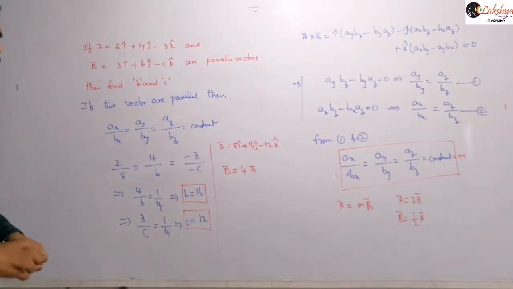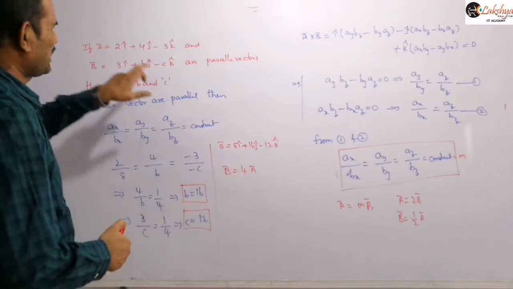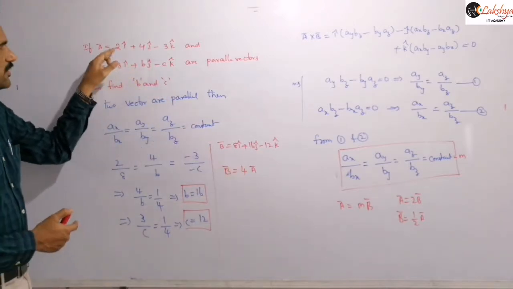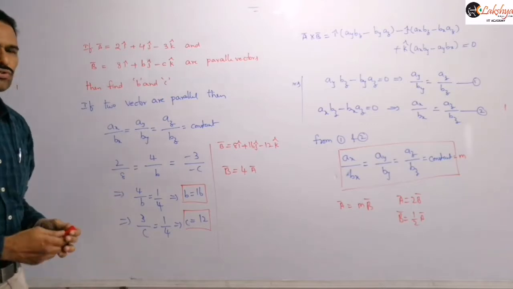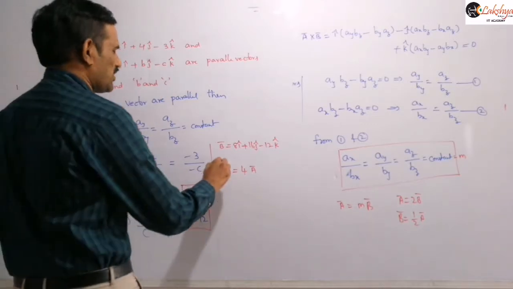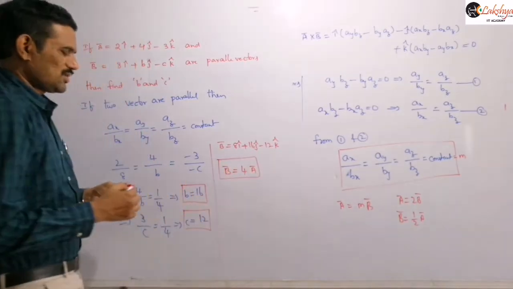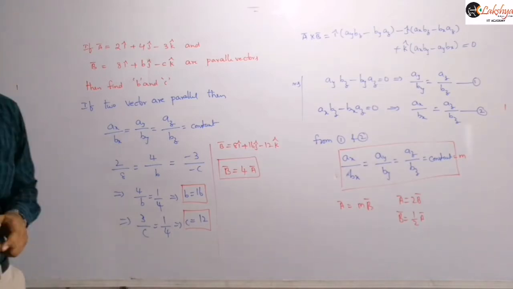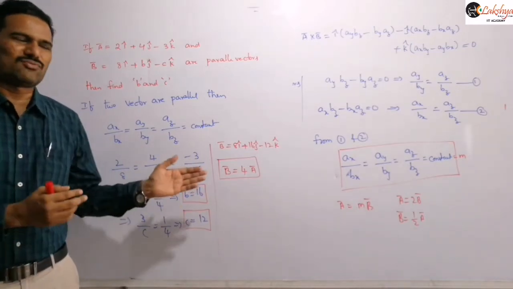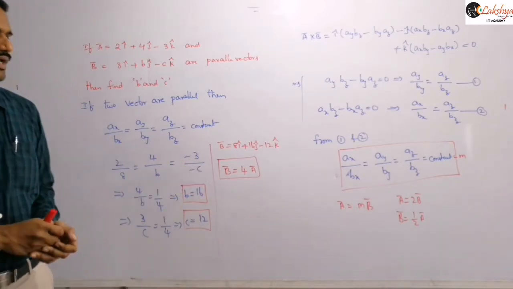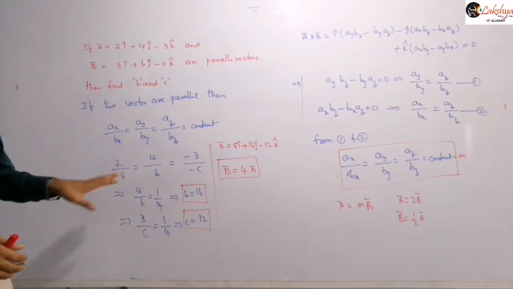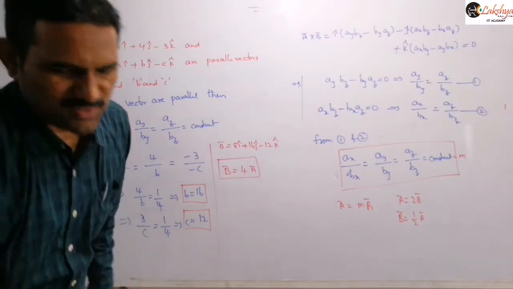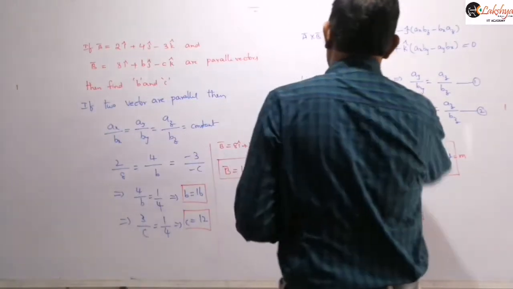Right, that is another way of expressing two parallel vectors. You can observe this: if you multiply this A bar by 4, then 2 into 4 is 8, this is 16, and this is 12. So if two vectors can be expressed in this form, then also you can say that A bar and B bar are parallel vectors. Generally we can express parallel vectors like that also, and that constant is nothing but the ratio of these coefficients. So you can find the unknown values based on this cross product rule.